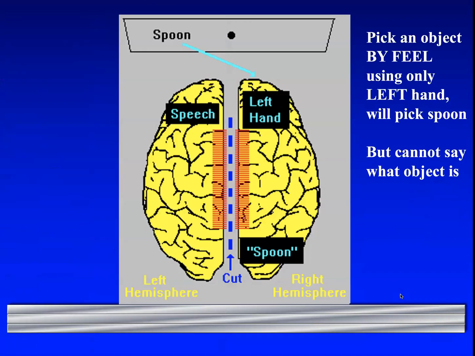But what he then had them do is he'd have them feel a whole bunch of objects with their left hand and say, what did you see? They could, by feel, pick up the object. They couldn't say it, but their spoon went to their right brain. Right brain controls the left hand, so their left hand knew to pick up the spoon, even though they couldn't say spoon. So let me show you a video